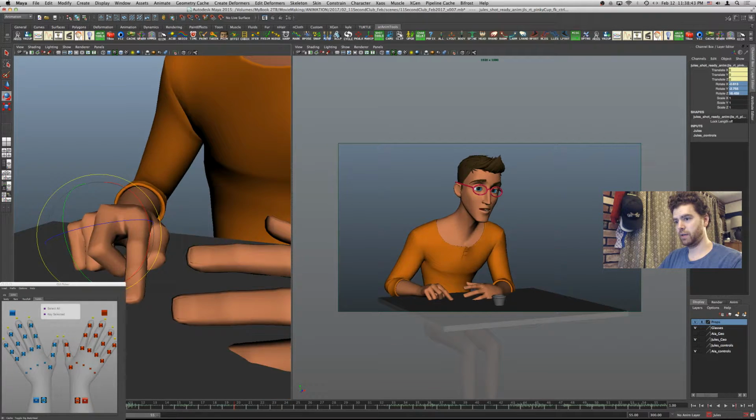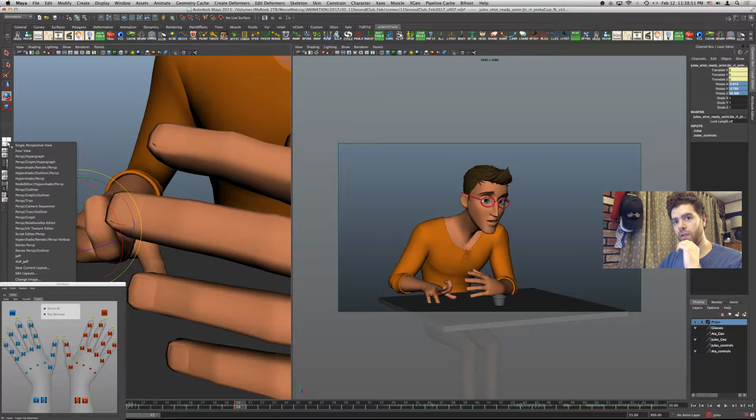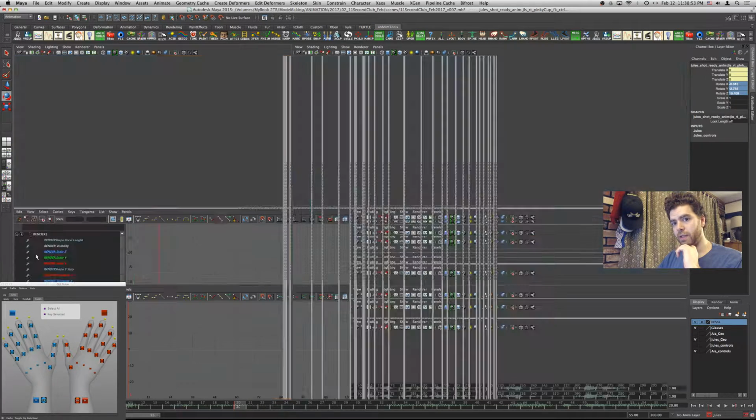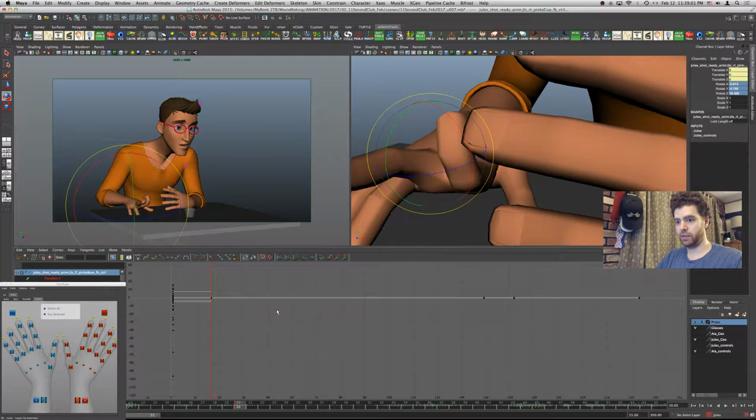So let's see why that's going nuts, because I should be in a stepped tangent mode. And I suspect that is not the case somewhere in here. I'm going to open up my graph editor, and we're going to see what's going on.